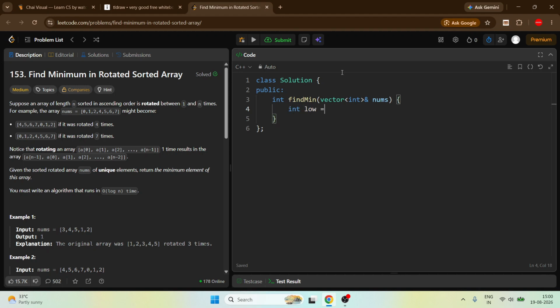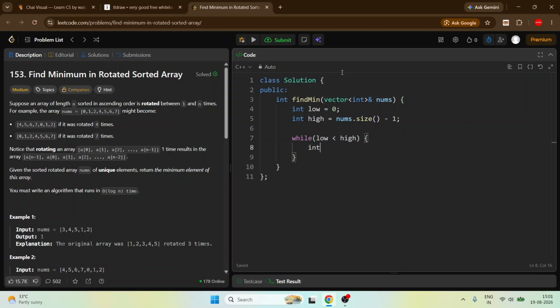First we take a simple low at 0. Now take a high, which is nothing but nums dot size minus 1. Then simply while low is less than high, calculate mid, which is nothing but low plus high minus low by 2.